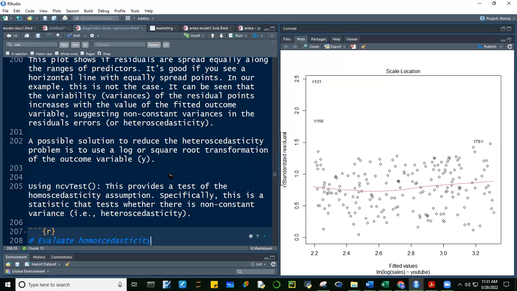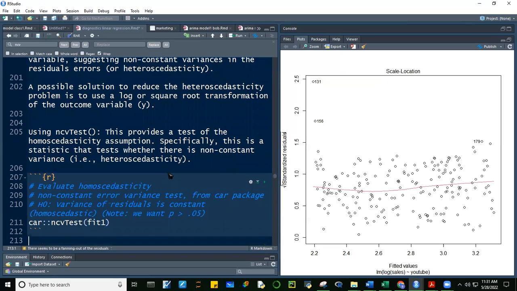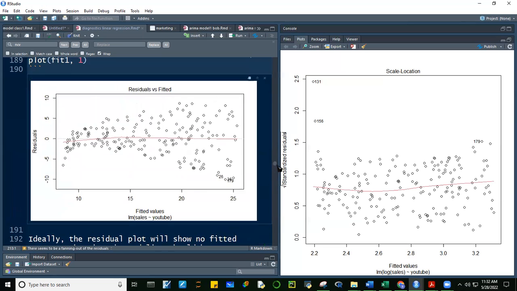Now, paano ba natin talaga malalaman kung heteroskedastic siya? Kasi visual yung ginamit natin. So, medyo nag-introduce na ako, guys, ng statistical test. So dapat may basis tayo, hindi lang pwede sa paper sasabihin na the scale location, which is a plot of your square root ng